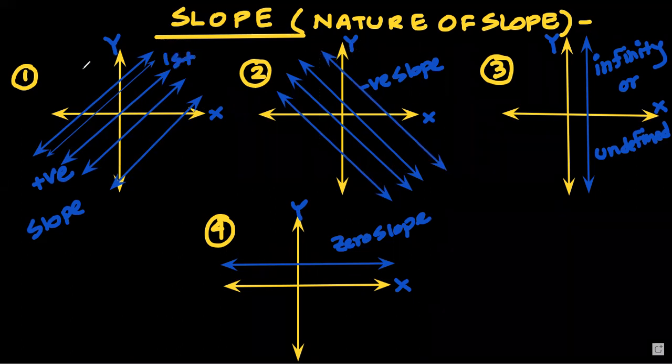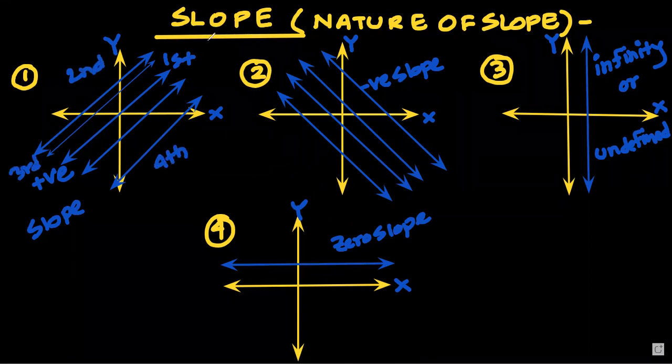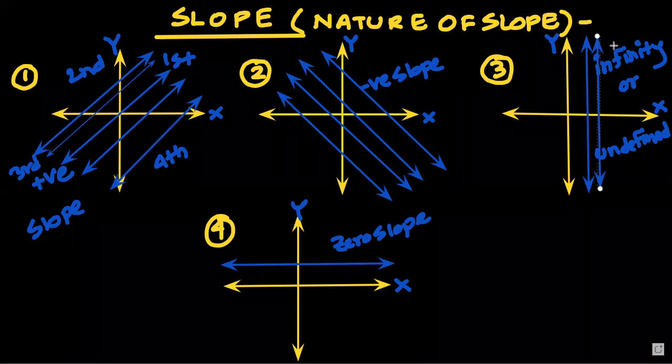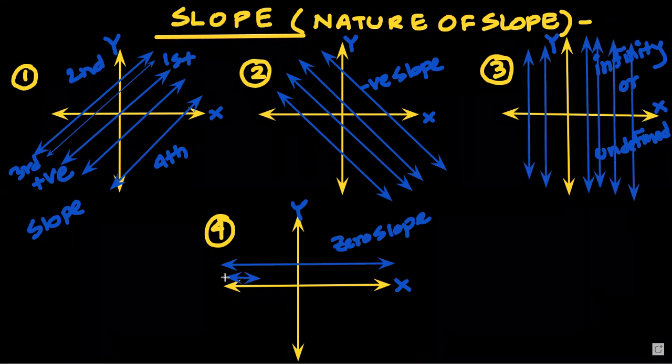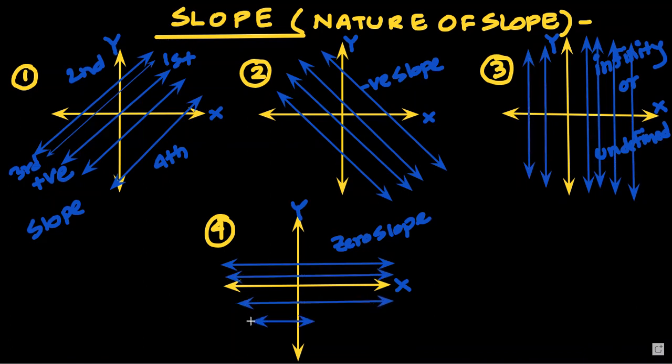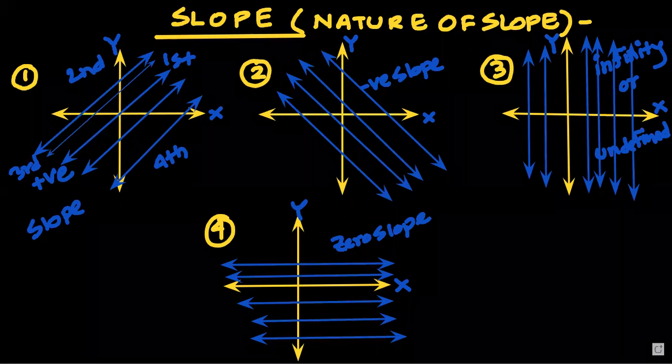This is the first quadrant, this is second, this one is third, and this is fourth. All the lines starting and ending in the second or fourth quadrant have a negative slope. All the vertical lines have undefined or infinity slope, and all the horizontal lines have 0 slope. These 4 points you need to remember here to identify the graph. Okay, then